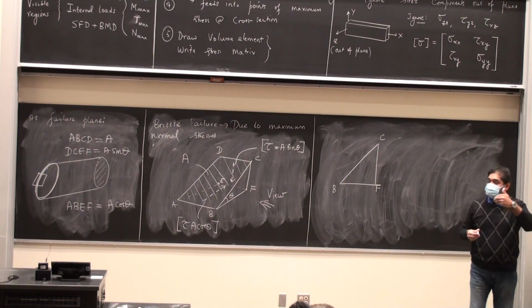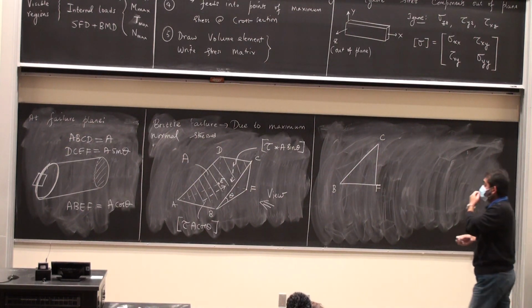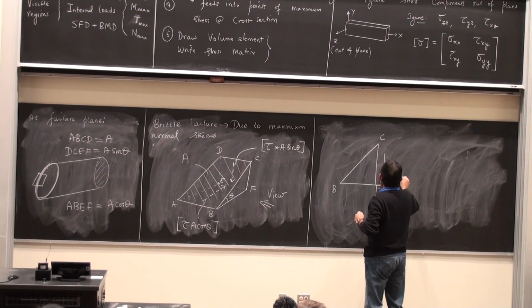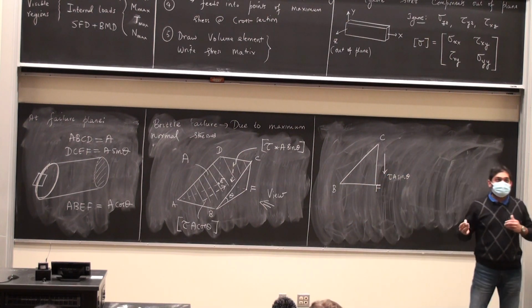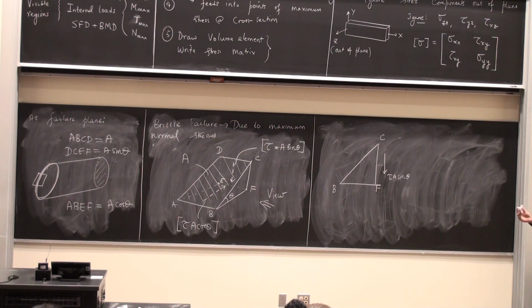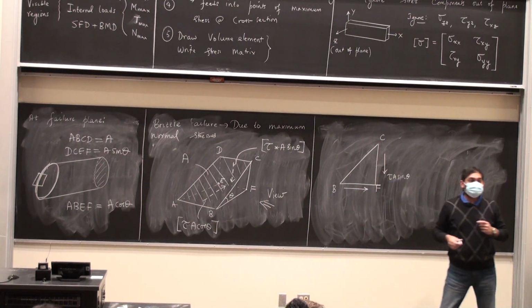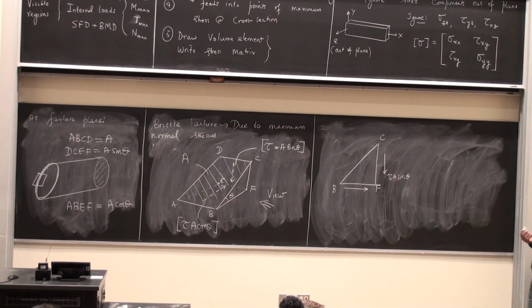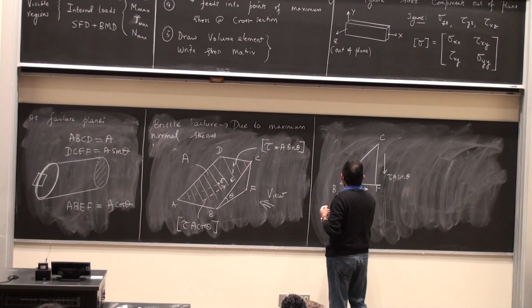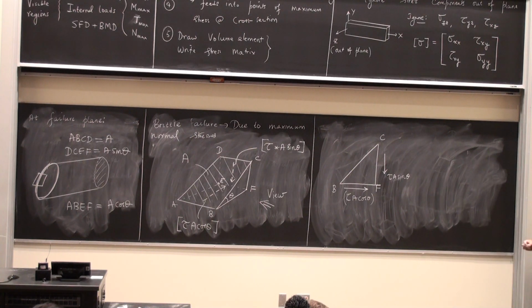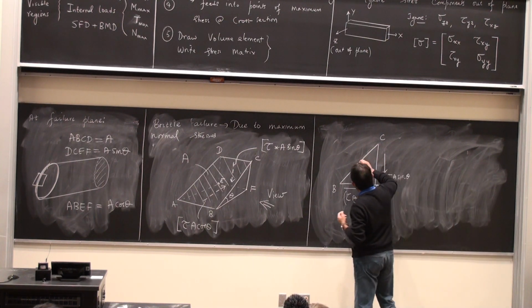Okay, on the side CF, I'm going to have a force which is acting vertically down: tau times A times sine theta. On the side BF, I'm going to have another force which is acting into the board, but then I have opened it out, so this is going to be the direction of that if I'm viewing it. This is going to be tau times A times cosine theta, and I'm going to set up a pair of axes, call them as